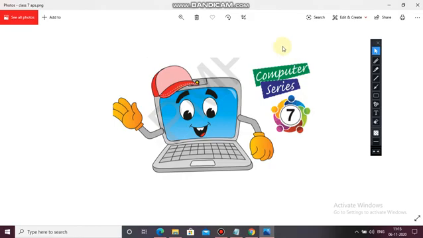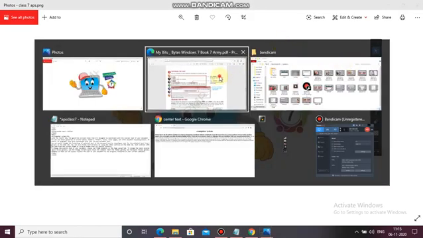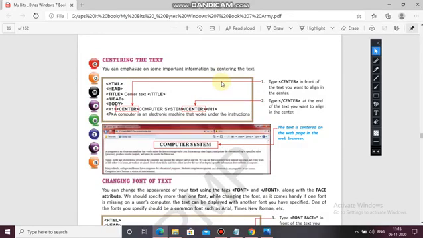So coming to the textbook, centering the text. You can emphasize some important information by centering the text. For that, we have to use a center tag.